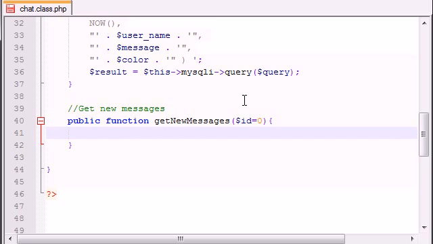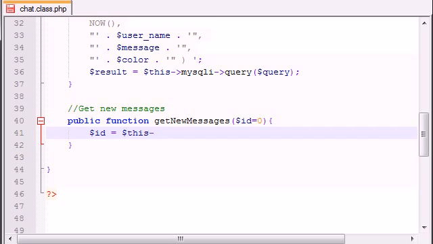So those are the two different types of user: the users who are going to run a query and check for new messages, the ones who have been chatting for a while, and the ones who have just come into your chat room, and for them, we're going to show the last 50 messages or something. This is where you can customize your chat room however you want to develop it, but I'm going to show you guys a very cool way to do this. By default, ID equals 0, which means start from the very beginning, go way back and get all of the messages. Now, we can go ahead and override this and set this equal to